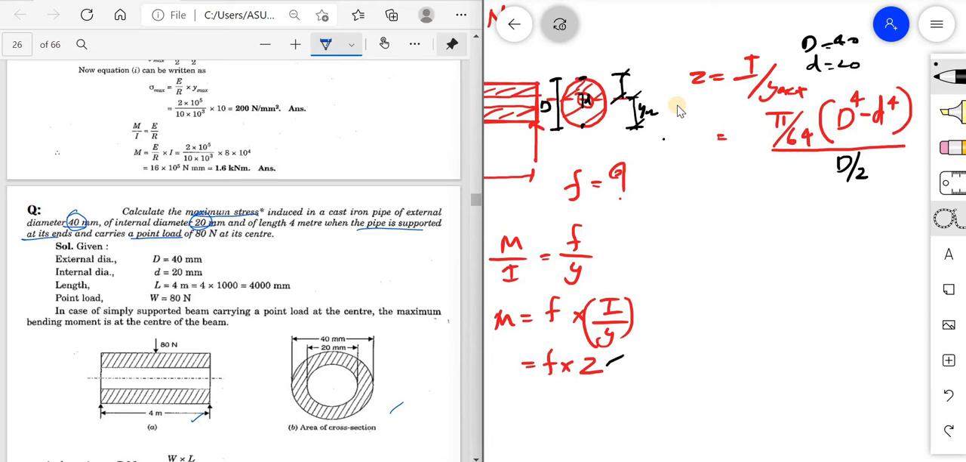Now again I have to find F. F is equal to M by Z. Now next is M, moment. Okay, that is moment. So how can I find out the moment here? Here it is given as,